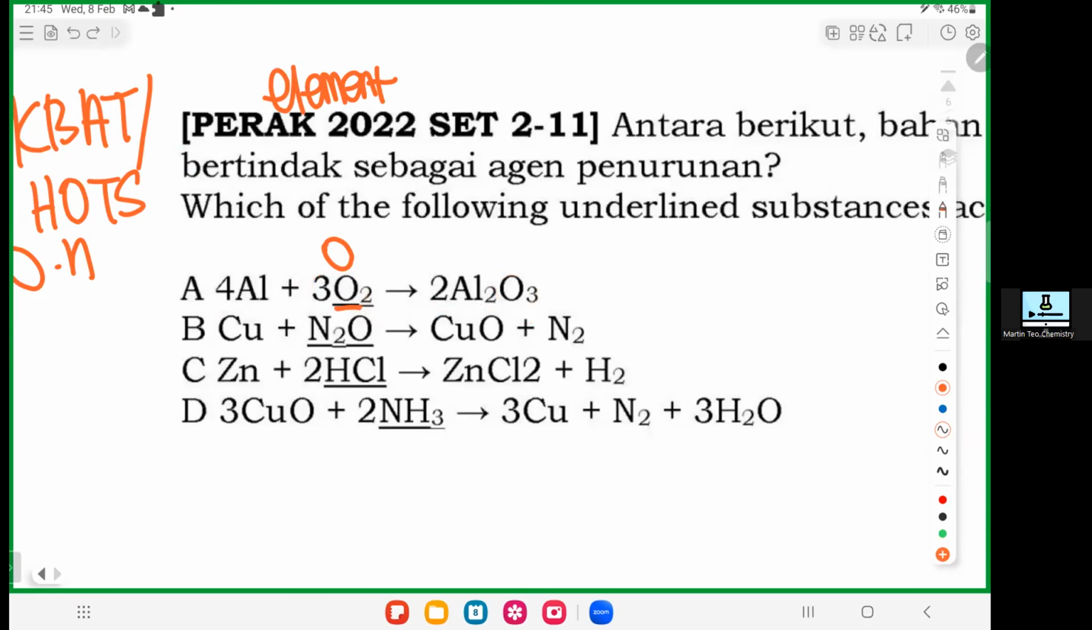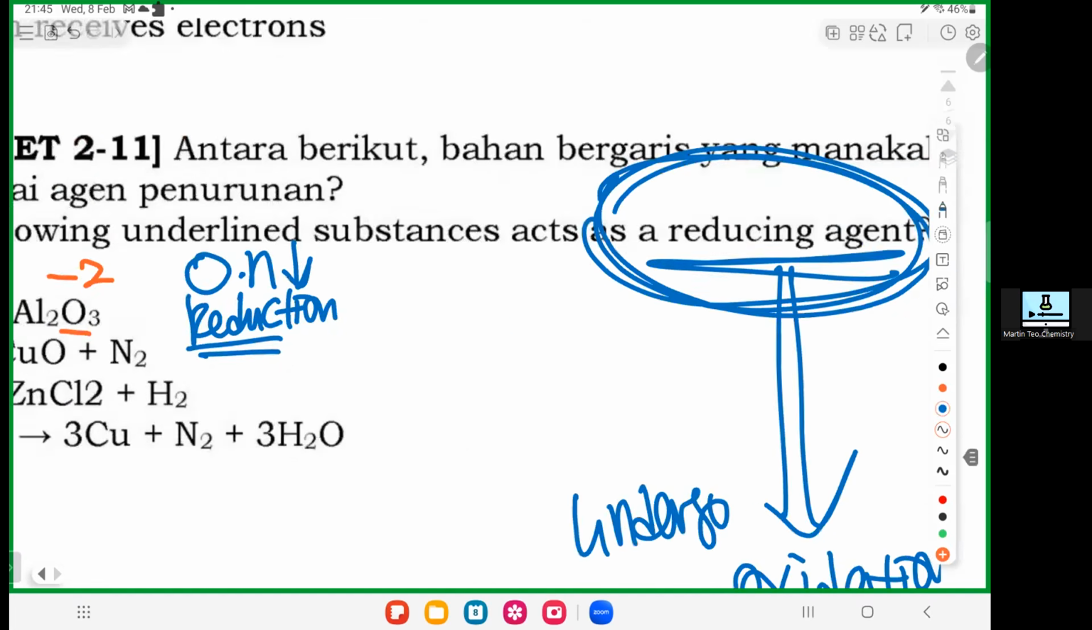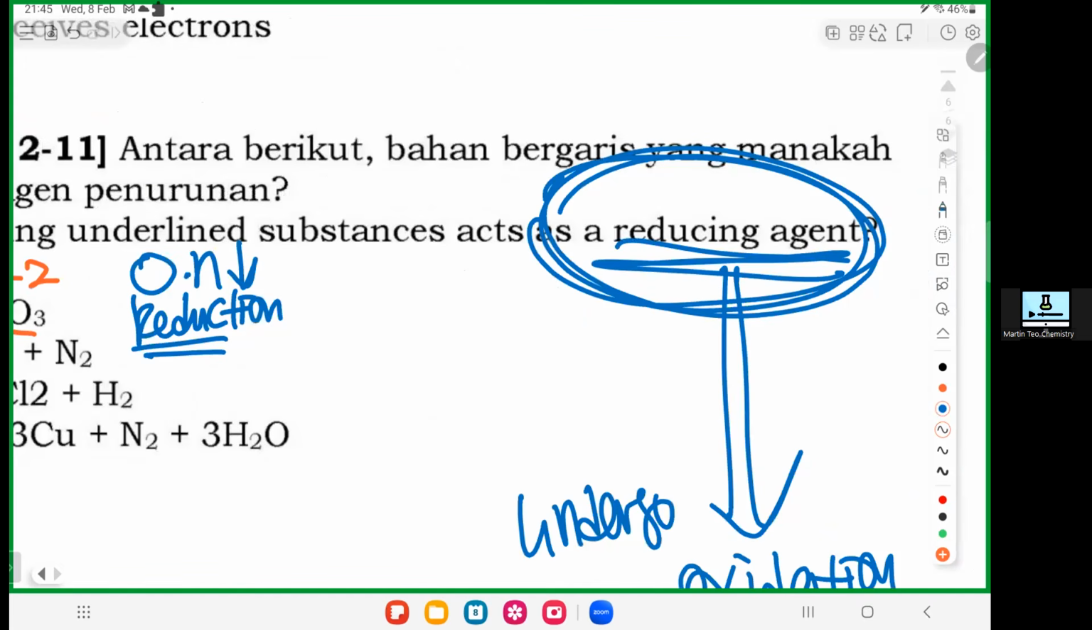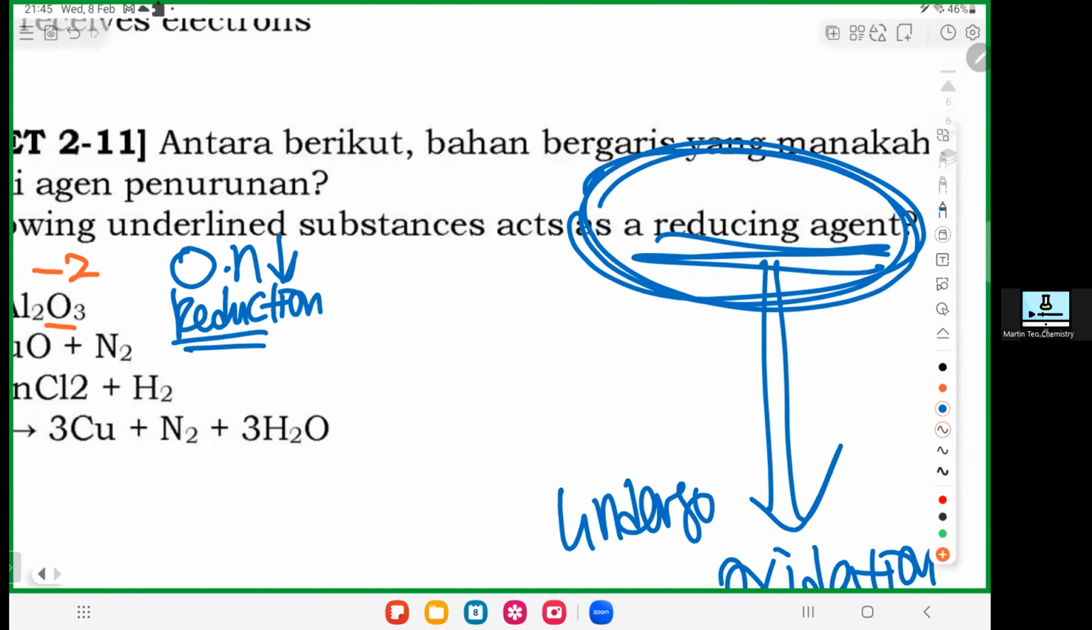Can we check the oxidation number for the oxygen here? So this oxygen, anyone can type in the chat box. What is the oxidation number for this oxygen? Okay, very good. -2. So oxygen goes from 0 to -2. Oxidation number goes down. What is the process? Reduction. So when you undergo reduction, can you be reducing agent? Type yes or no in the chat box. No, right? When you undergo reduction, you must be the opposite,